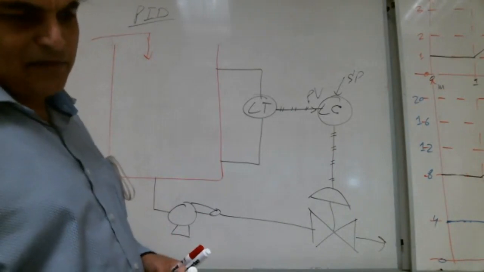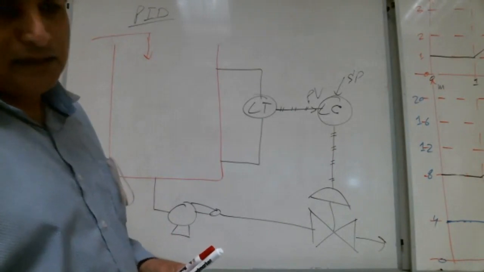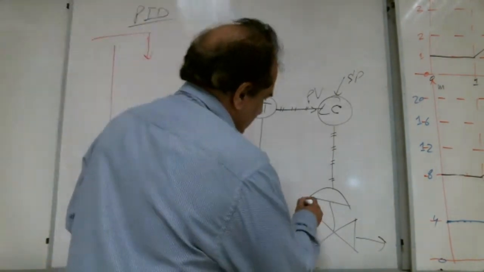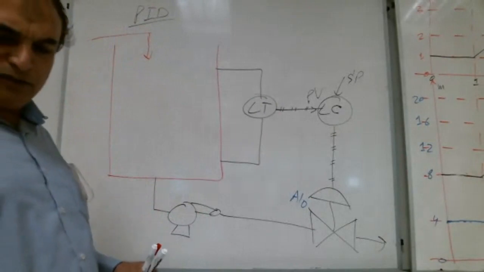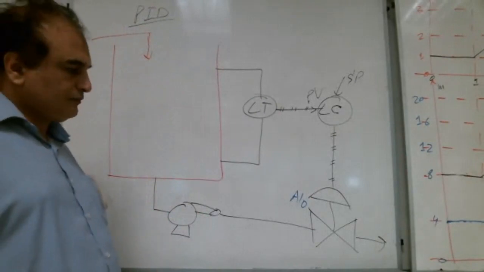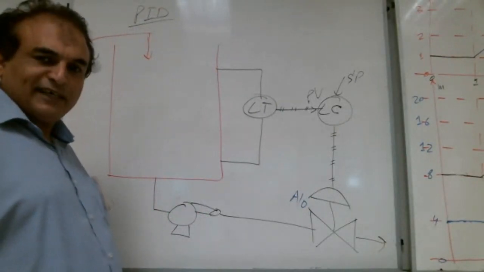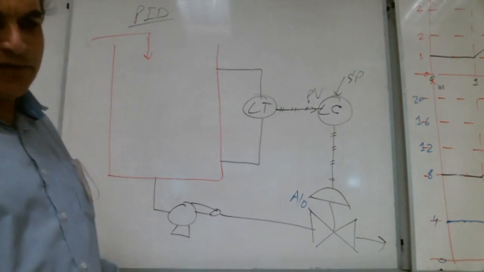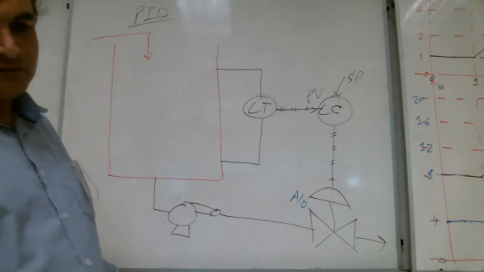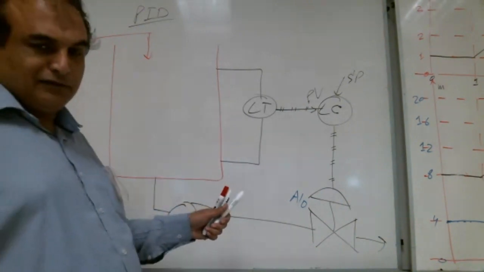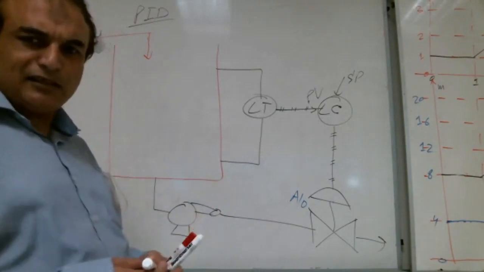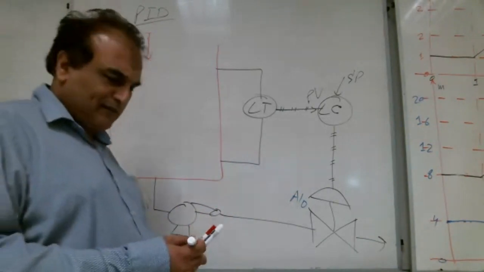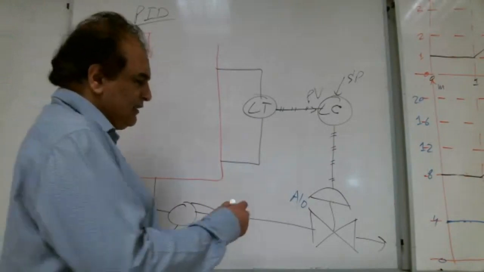Let's say the type of the valve is air to open. What does it mean, Shabab? Air to open. Is it normally closed or normally open? It's pneumatic, teacher. Normally open, teacher. Air to open. Normally it needs air to get open. Normally closed. Very good. A lot of brothers are writing normally open, other brothers are writing normally closed.